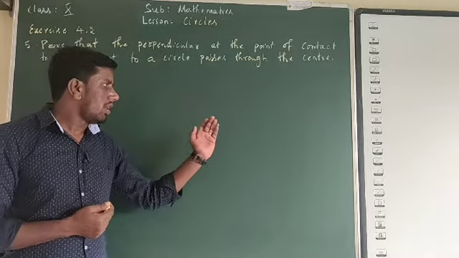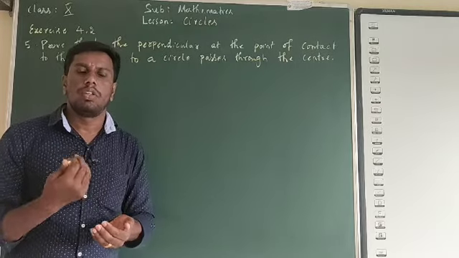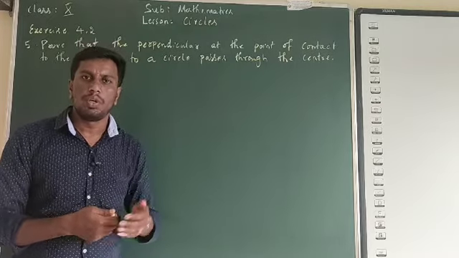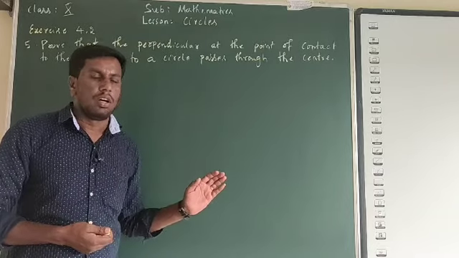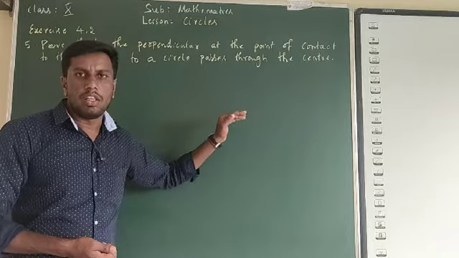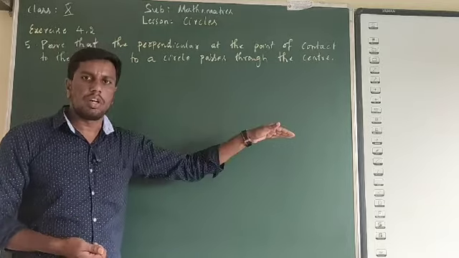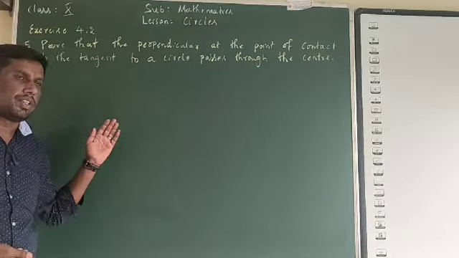There will be three known angles and one unknown angle. That unknown angle we need to find by using the fact that the angle between the radius and the tangent will be 90 degrees. Using that concept, it is theorem